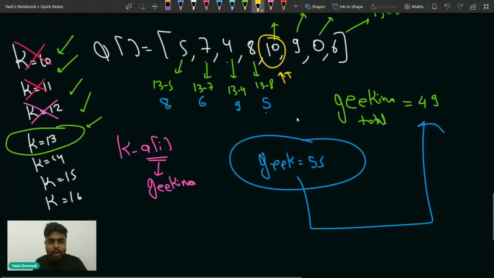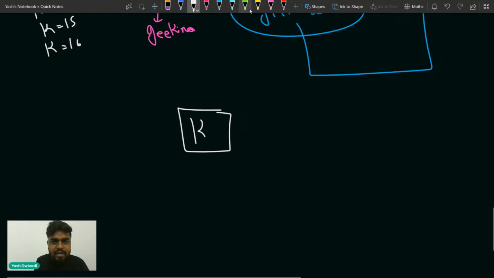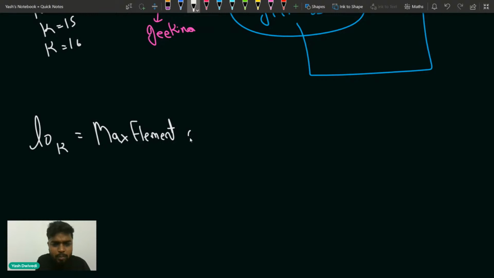Let's say you have chosen a particular k, and you have a range. What is the lowest value of k that you can have? The lowest value of k is the maximum element of the array, so in this case, let's say, 10. And what is the highest value of k that you can choose?